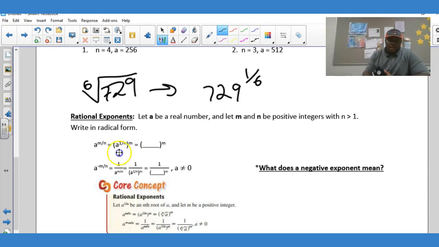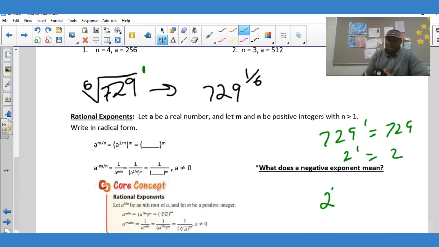Because what you do is you have m over n, where the numerator is 1. What this actually means is there's an invisible 1 right here. This is 729 raised to the first power. That's where the 1 comes from, there's an implied 1 there. Anything raised to the first power is just itself: 729 to the first is 729, 2 to the first is 2. It's just one of them, I'm not multiplying it by anything else. Unlike if I had